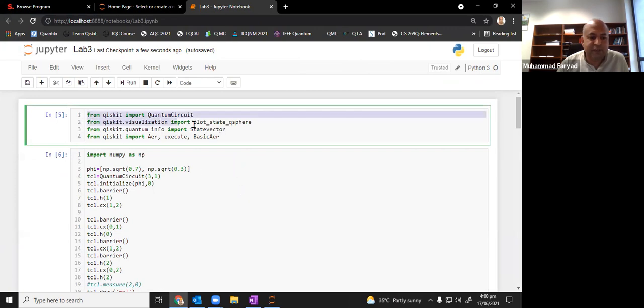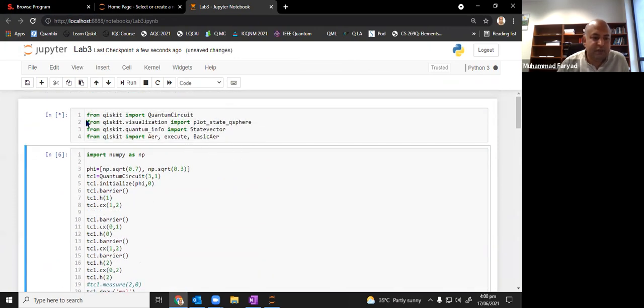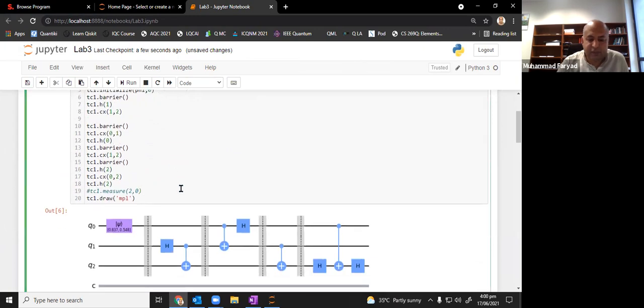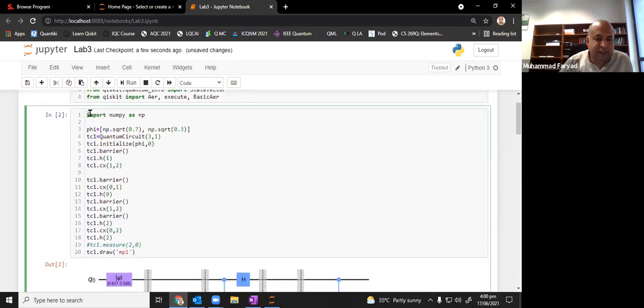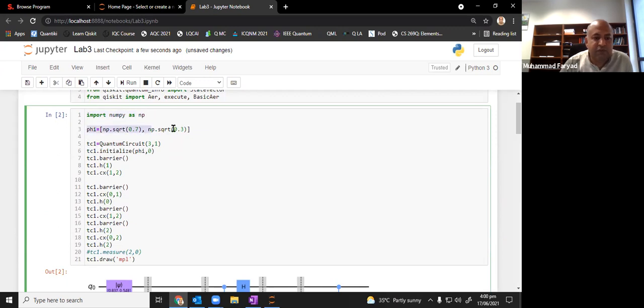In the first part over here, I just have the usual things where I'm importing QuantumCircuit, plot state, Q sphere, state vector, and then Aer, execute, and BasicAer. So let me run this. Okay, so there's a star here. So once this is run, here I have this circuit. And let me describe this circuit. The first thing is that I have this import numpy as np, but then I have this column vector that I have prepared. The first one is my A, and the second one is my B,